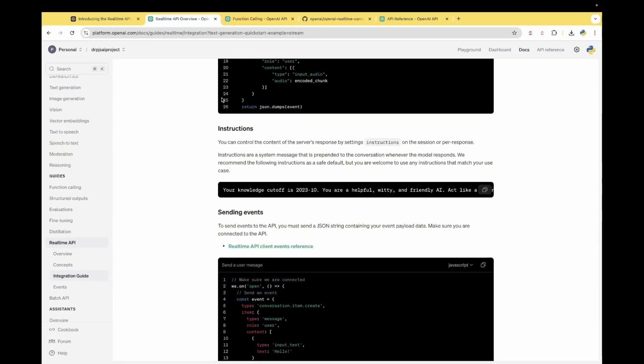Sweet. Instructions. You can control the content of the server's response by setting instructions on the session or per response. Instructions are a system message. Yep, that's what I predicted. That is prepended to the conversation whenever the model responds. We recommend the following instructions as a safe default, but you are welcome to use any instructions that match your use case. So here they say your knowledge cutoff is